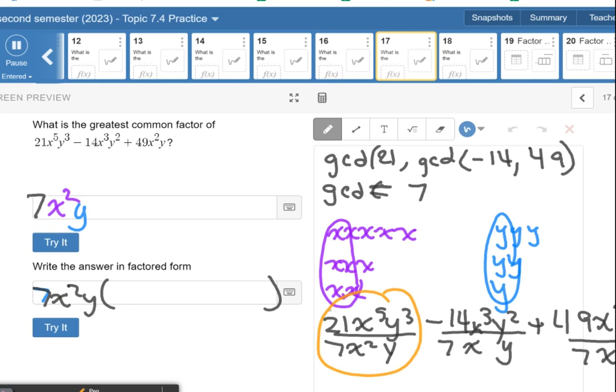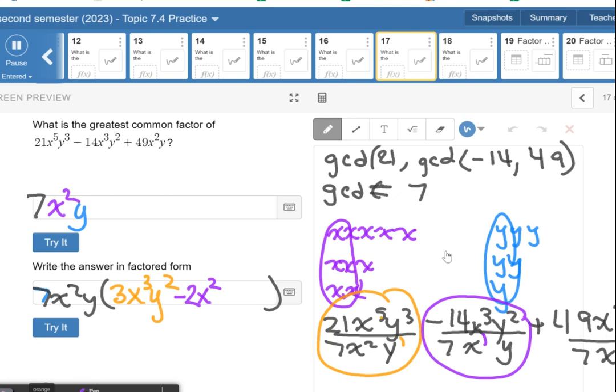So 21 divided by 7 is 3. x to the 5th divided by x squared, we subtract the exponents. And now we have to look at the y's. y to the 3rd divided by y to the 1st is y squared. Negative 14 divided by 7 is minus 2. x to the 3rd divided by x to the 1st is x squared. y squared divided by,